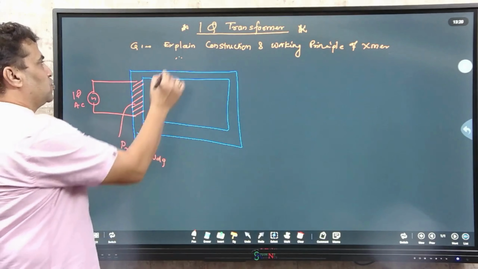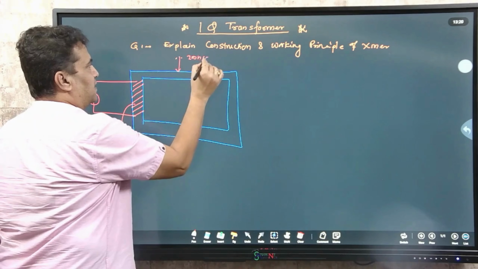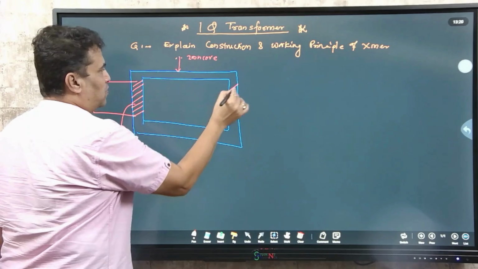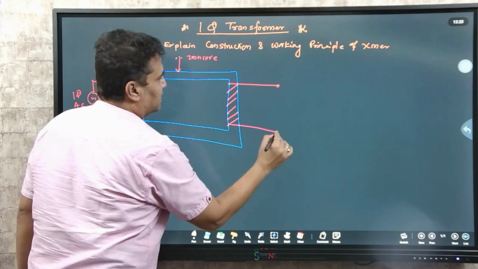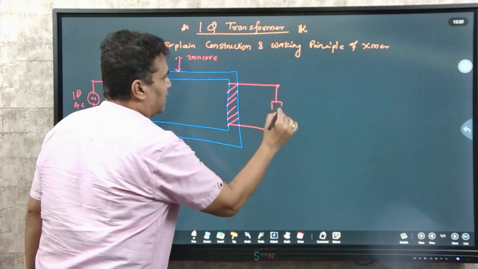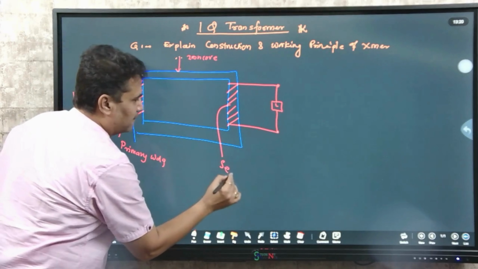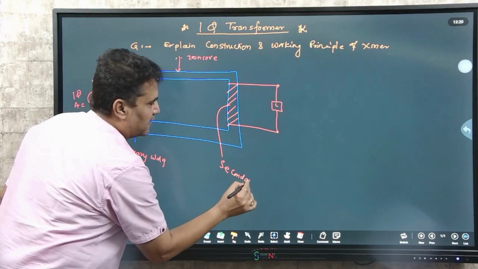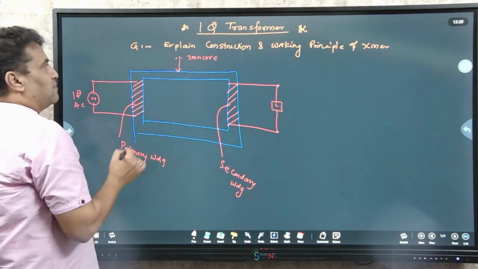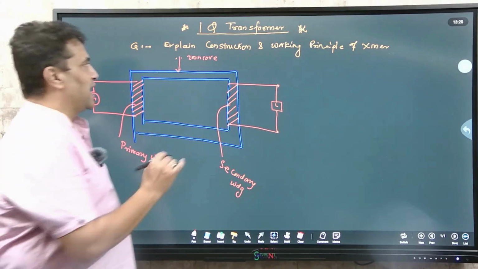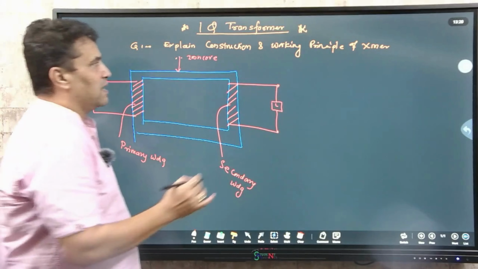So the first part you have to show is the iron core. The second part is the primary winding, and on the opposite side, on the load side, there is a secondary winding, and on the secondary winding the load is connected. So this is your secondary winding. This is the load. This is the primary winding and the iron core. So in the exam, first you have to draw this diagram, that is the construction diagram of the transformer, and explain the